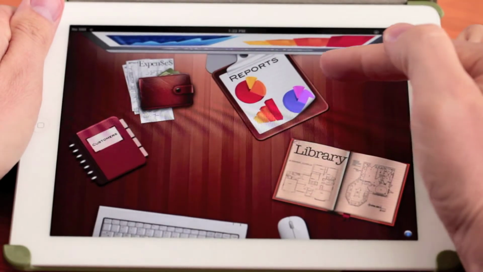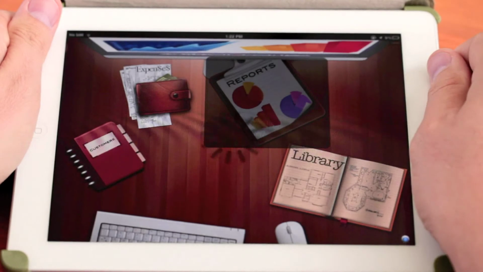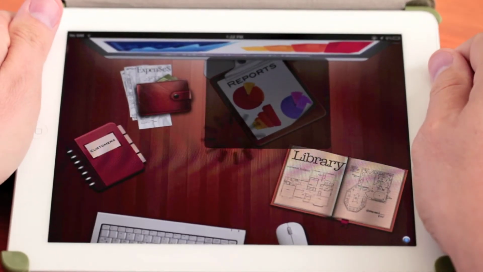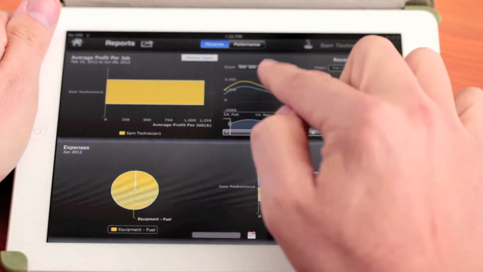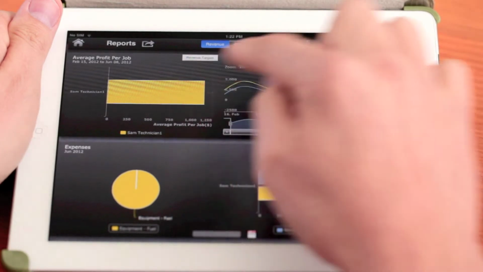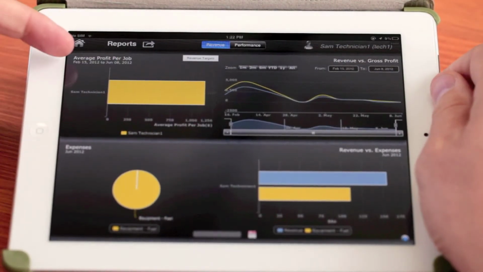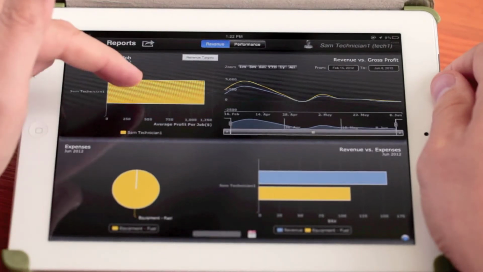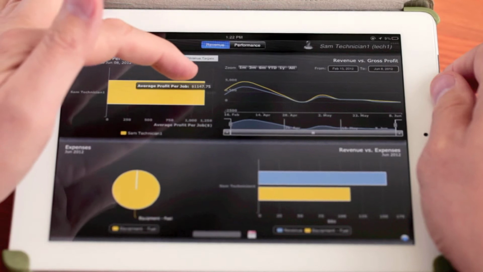The report module has collated all the business information that we've added from the invoices, from the quotes, and our expenses. The first report module is the revenue module, and it's broken up into 4 parts on the screen. The first part is your average profit per job. If we touch on that, you'll see the average profit per job is